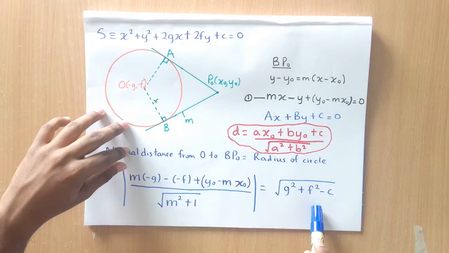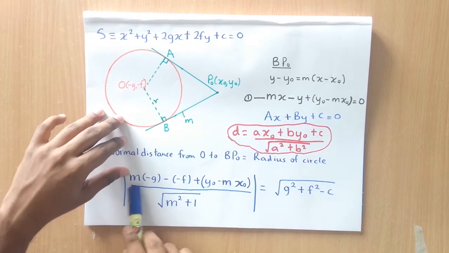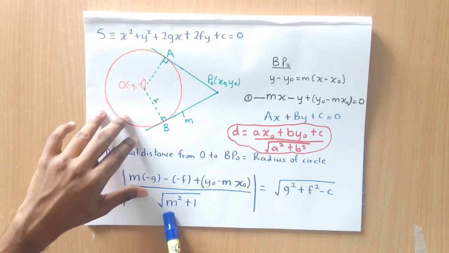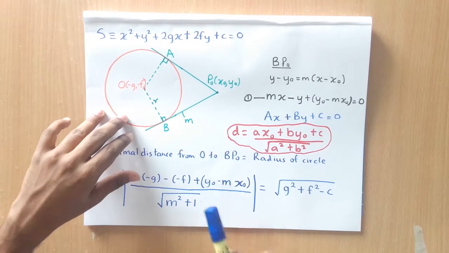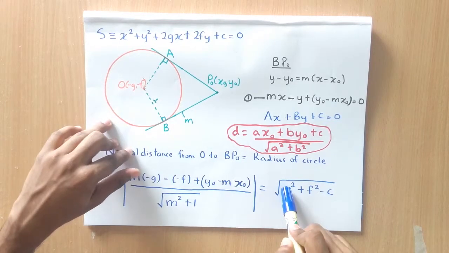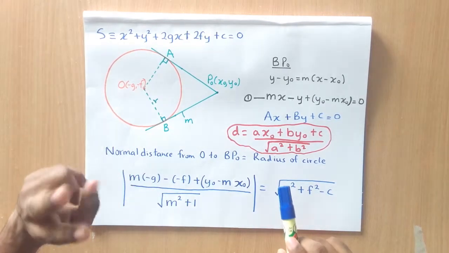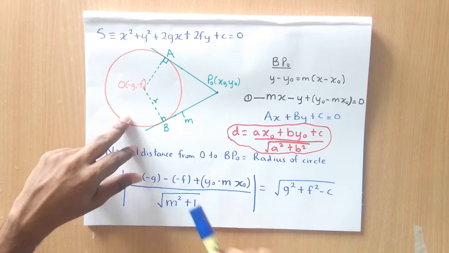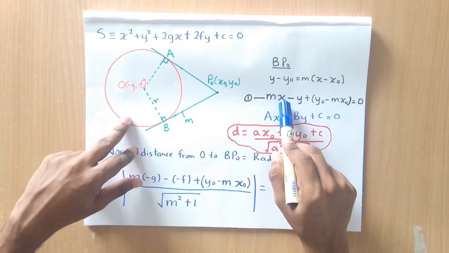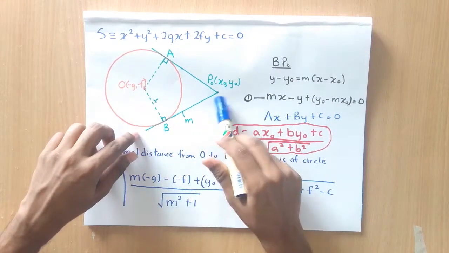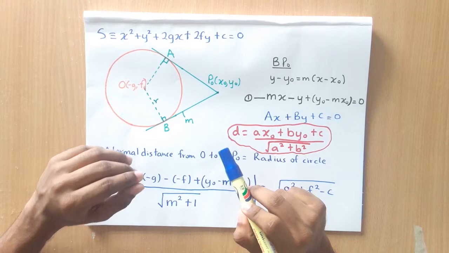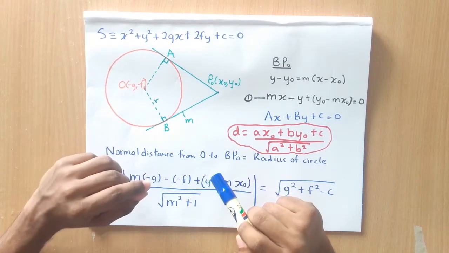So using this equation, we can find the gradient of the tangent. Notice that we have m squared here. This means that we will get a quadratic equation for m when solving this equation, which will give us two values for m. By substituting those two values separately into equation 1, we can get the equations of both the tangents from the point P0. To understand this properly, let's answer an example.